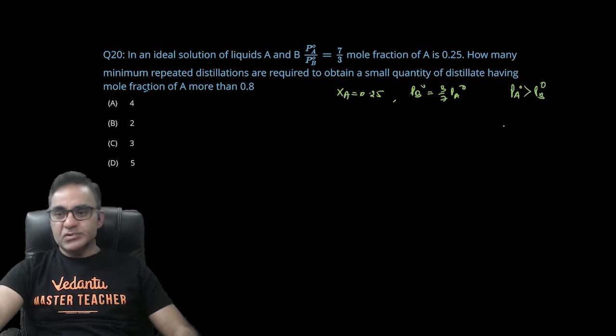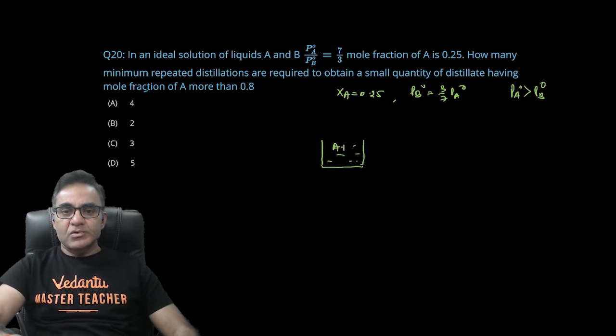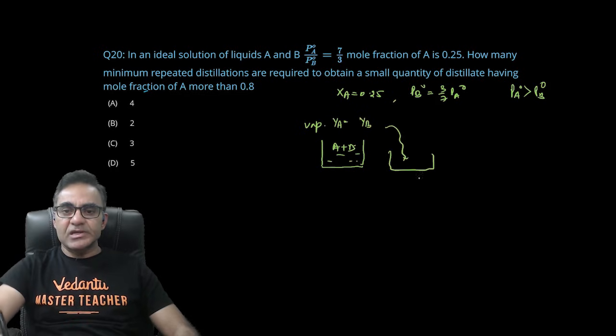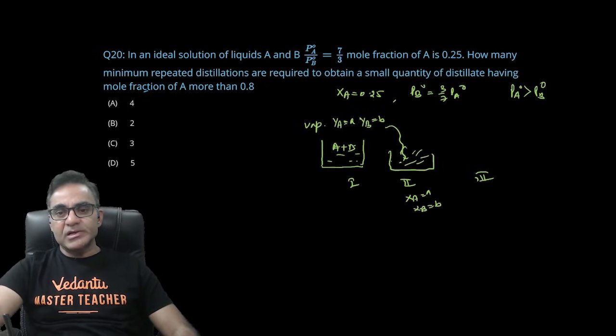more than 0.8? देखो जब भी डिस्टिलेशन करते हैं ना तो कहानी क्या होती है, जैसे मान लो ये कंटेनर लिया, इसके अंदर A और B है, इनको डिस्टिल किया, तो इनके जो वेपर फेज में A और B का मोल फ्रैक्शन होगा लाइक YA एंड YB, यही मोल फ्रैक्शन सेकेंड कंटेनर के, ये फर्स्ट कंटेनर, ये सेकेंड कंटेनर, ये थर्ड कंटेनर लिक्विड फेज में आ जाएगा। यानी अगर मैं YA को A मान लूं, YB को B मान लूं, तो यहाँ पे XA हो जाएगा A और XB हो जाएगा B।